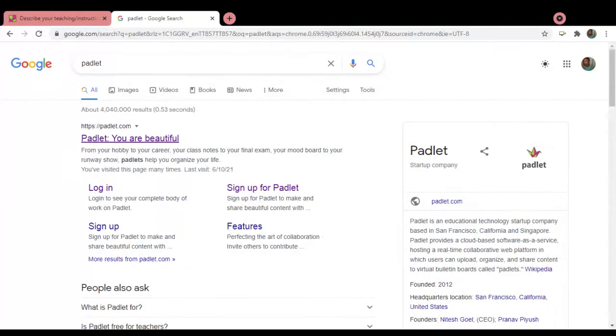Now Padlet, you're going to see that it says Padlet, you are beautiful, or you're amazing, and all these kinds of things, because Padlet is used in different contexts. So you might have Padlet for brainstorming. It's a great tool for brainstorming. Let's say you have group work and you want them to brainstorm certain things. So if it's a research project, if it's an essay even, or a presentation, or even if it's a portfolio that they have to create, Padlet is a useful tool, a very effective tool for all of these things.